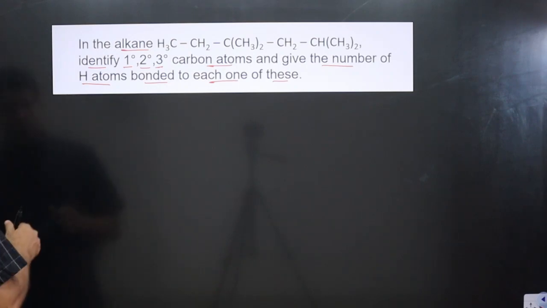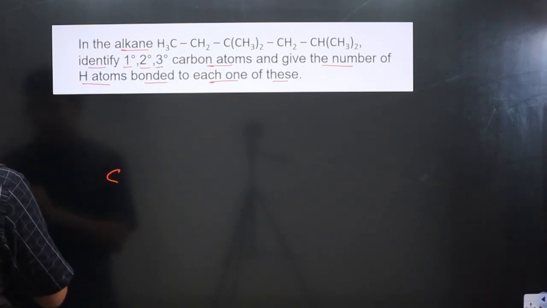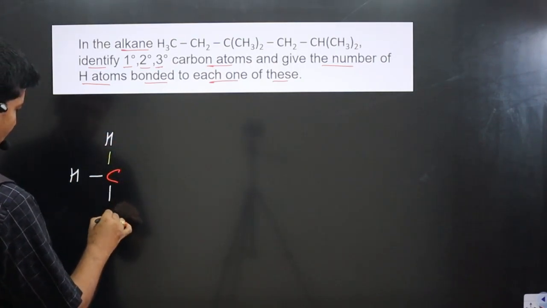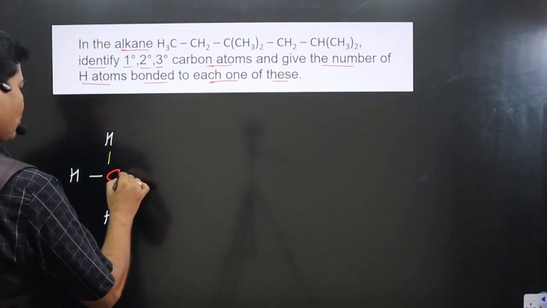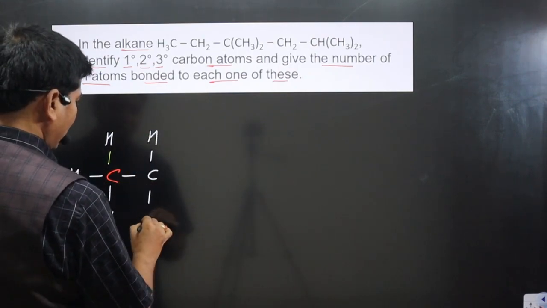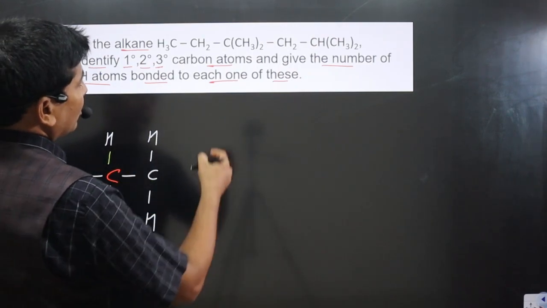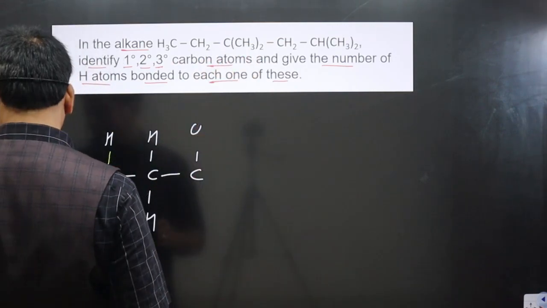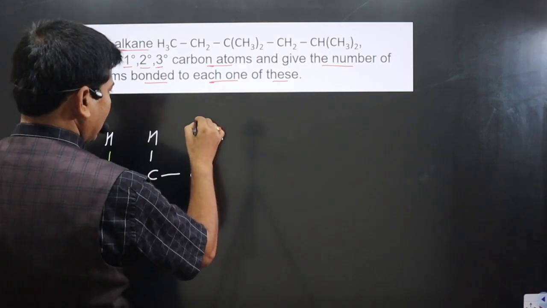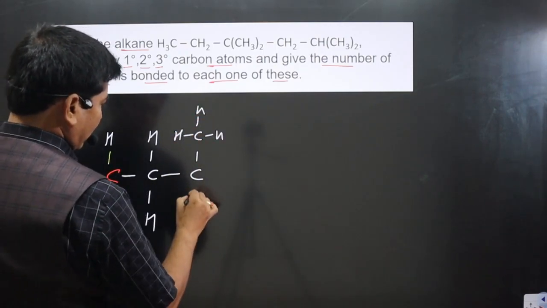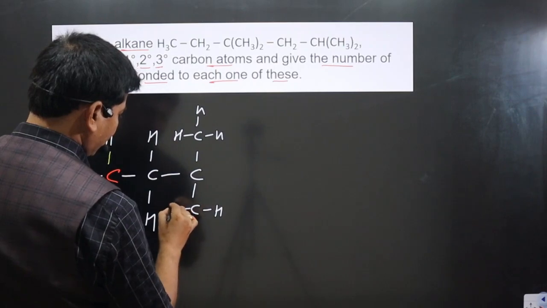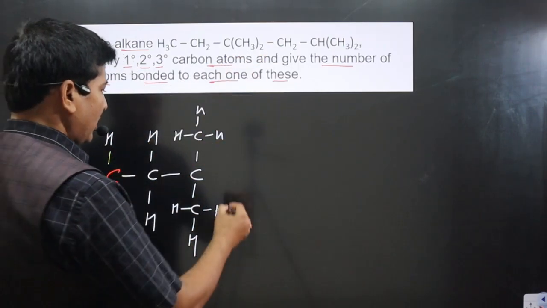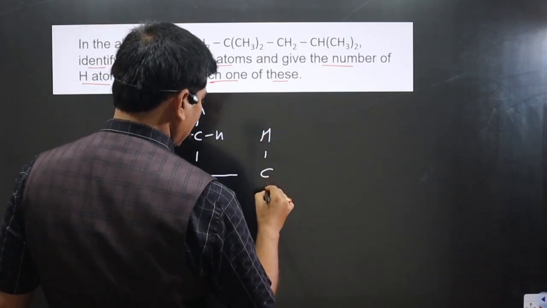Okay, so we have a carbon, hydrogen, CH3 group is there. Here we have CH3 group. Okay, next CH2 group is there, C, and it is H, and we have H. Next you can see to this carbon two alkyl groups are attached. So I mentioned this is CH3. We have C, H, H, and H, and down also we have one alkyl group. This is what we have, another alkyl group. Next we have CH2. Here we have C, and it is H, and it is H is there.